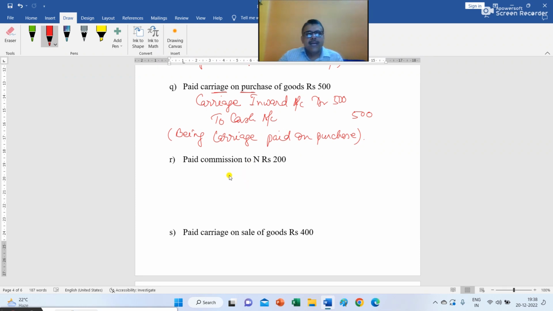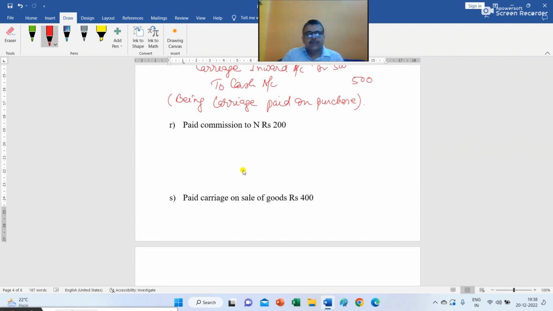Next is paid commission to N. So again there is an outflow of cash. So cash will be credited. And why the cash is being paid? This payment is made for commission. Now commission is a nominal account. So when there is a payment of something, that nominal account will be debited. So commission account debit